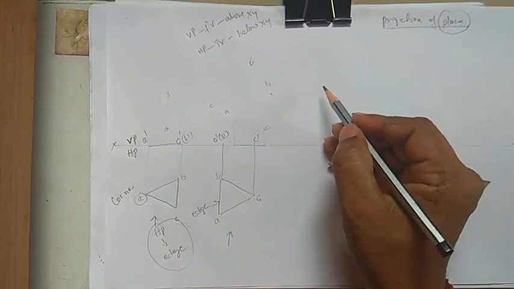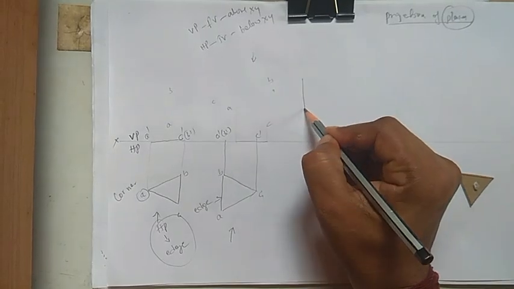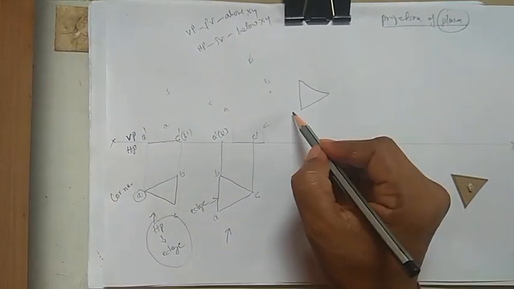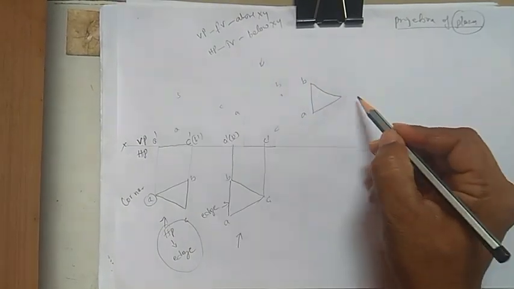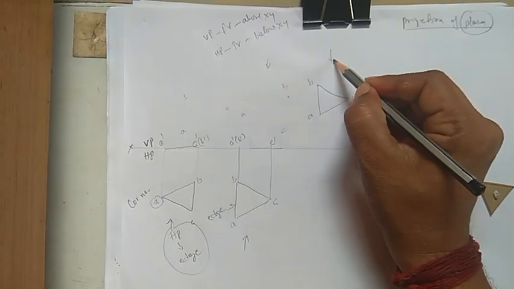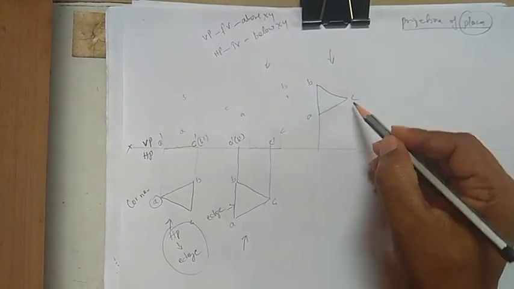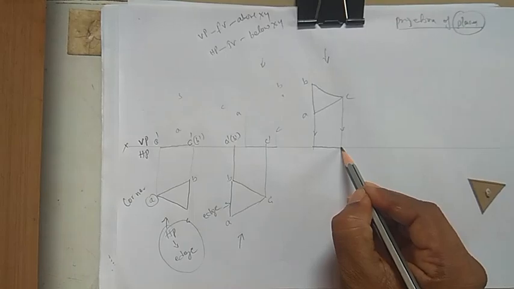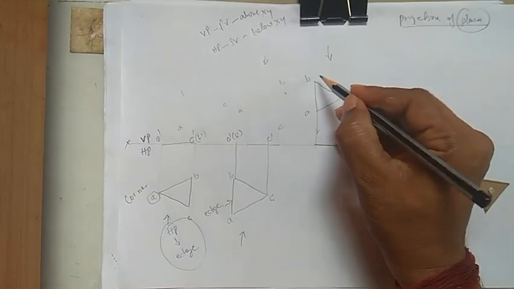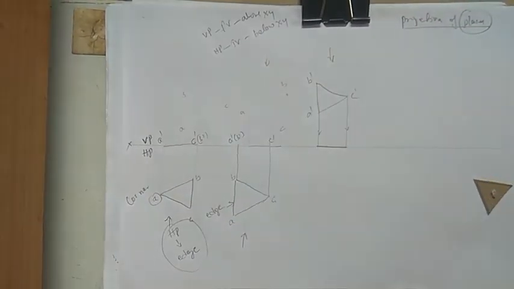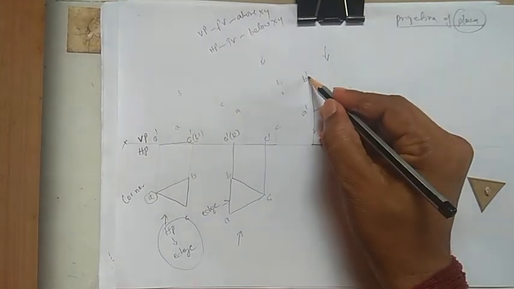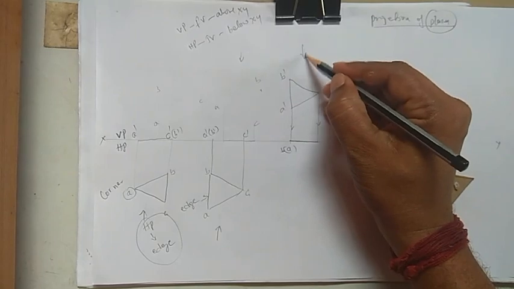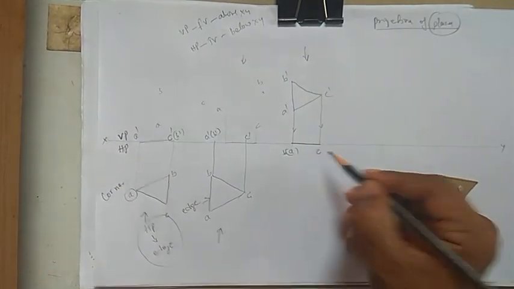If you take the same here, if it is resting on a VP on the edge, the triangle will be like this, right? So we'll write the name here A, B, C, and we are viewing from here. This is what we say projection lines, and here we'll write a line. This is how exactly it looks like a line. So these are dashes, sorry. And when you write here, B is visible, A is invisible because you are viewing from here. And this is C.